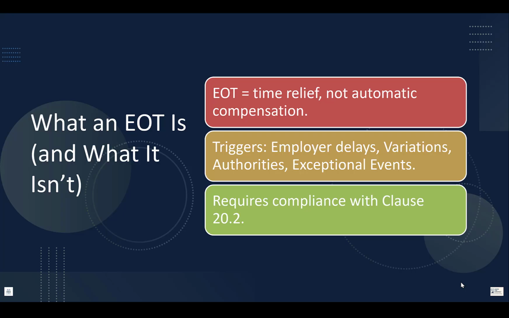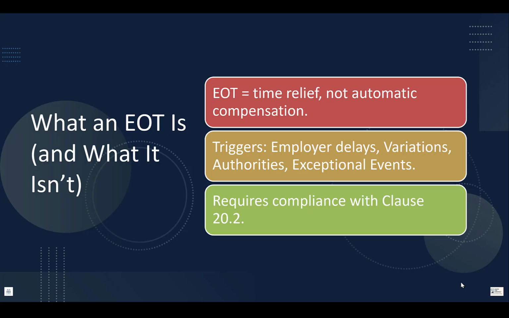Under subclause 8.5, the contractor may be entitled to EOT if completion is delayed by, first, a variation. Again, I must note here that there is no requirement to comply with subclause 20.2 for EOT arising from a variation. Okay, we talked about this before several times. 2. Any other cause that gives entitlement to EOT under another subclause of the conditions. 3. Exceptionally adverse climatic conditions as defined. Read your contract very well when it comes to this item.